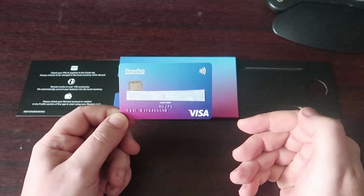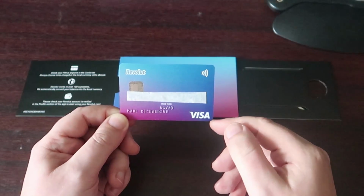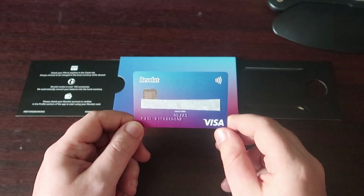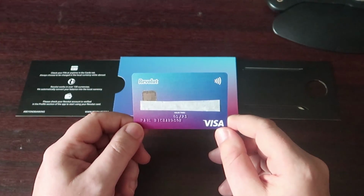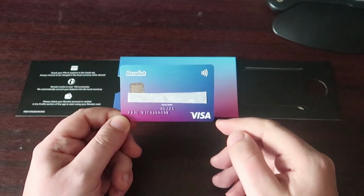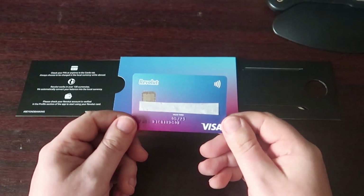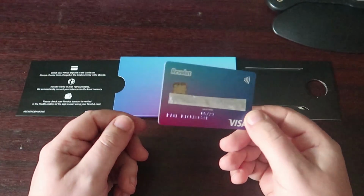If I go on a holiday and I think the exchange rates are going to fluctuate not in my favour, I can actually convert currency from this to the currency I'm going to, for example US dollar, in advance. So if I'm going on holiday in 2 months' time and I think the exchange rate is going to fluctuate against me, I can convert money beforehand, knowing that I'll have US dollar on my account, which I can spend in America when I get there. So that's really good. The actual app itself is also very good, but when you get this card you can